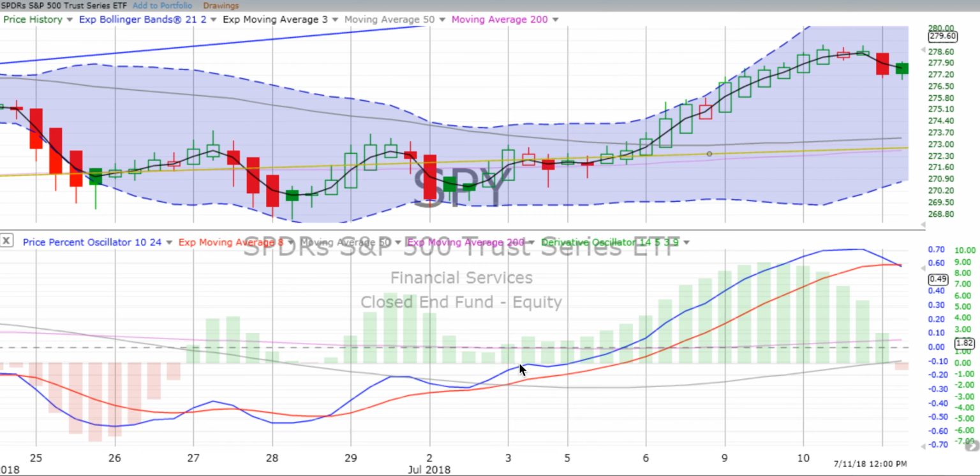We see that the price percent oscillator continues to move up. Derivative oscillator stays in the green. We have a red open box candle, a red solid down candle, small, followed by a green open box. Again, this is where things are really oscillating in price and getting ready to literally take off. And all of a sudden, we see the derivative oscillator gaining energy, the price percent oscillator heading up, and we go to green open box candles, one after another, after another, after another. And that's where the market really flies up.